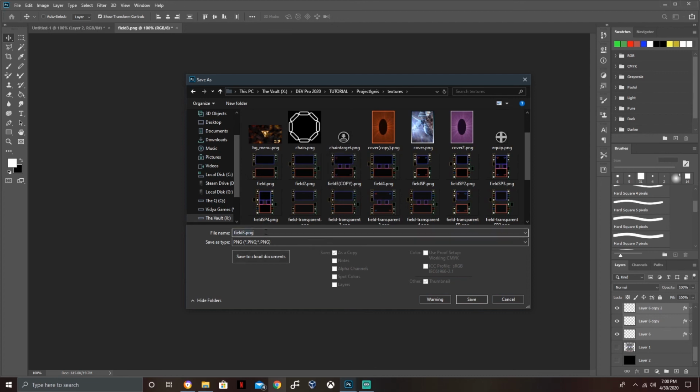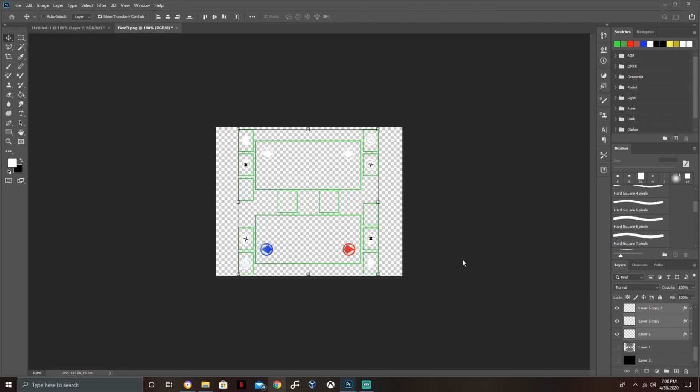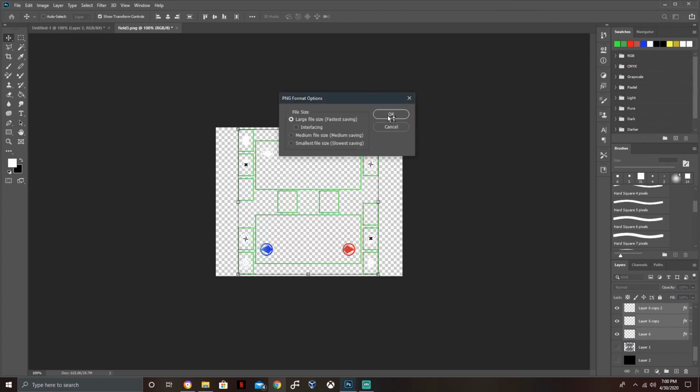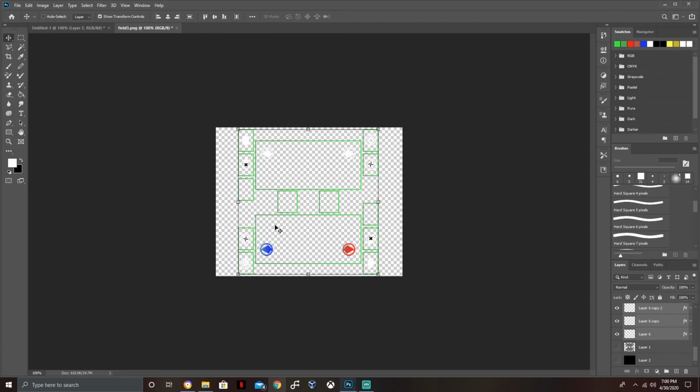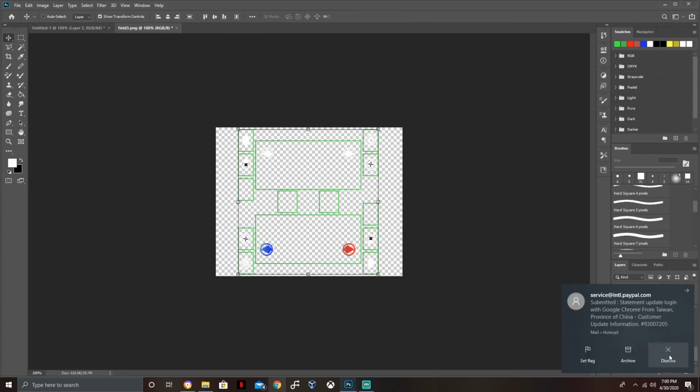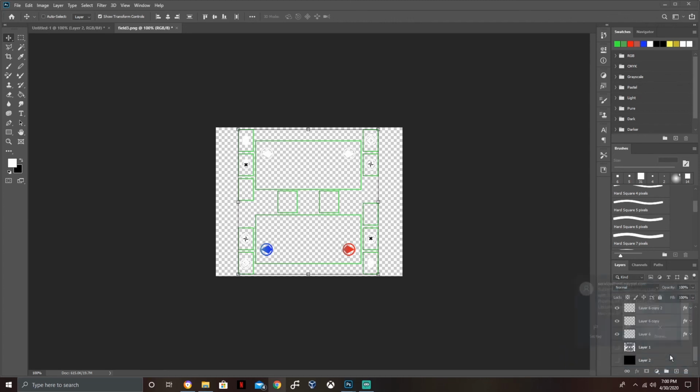Then you are just going to save your field 3 as a PNG and click save. I normally pick the largest because, you know, I don't care. I'm going to go ahead and pause,